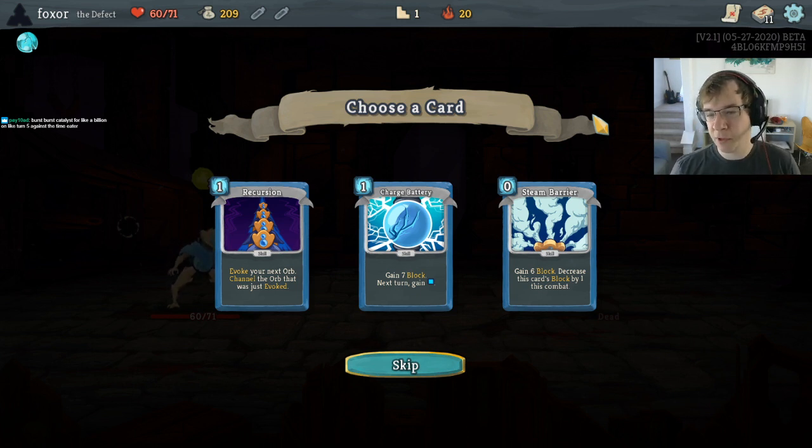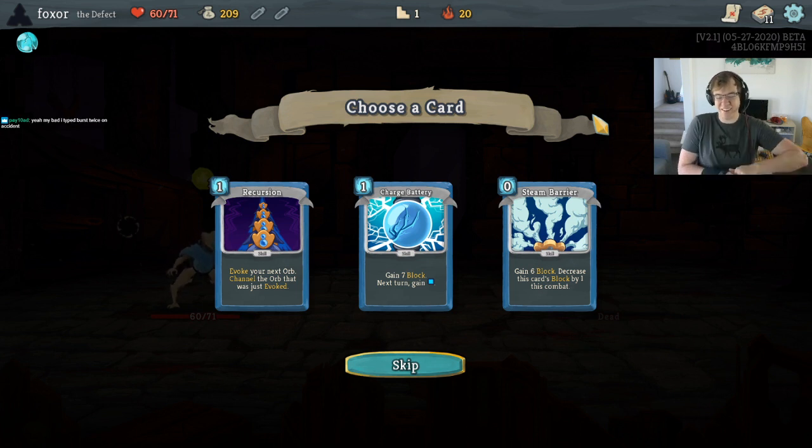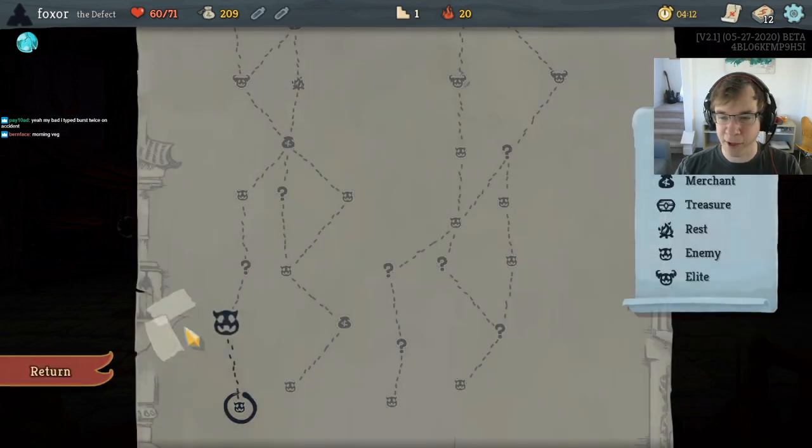Wait, you can't Burst. That's not how Burst works. You would just have Burst on the next many cards. I mean, you can play Burst and then Burst, but you'd build up, let's see, what would you get? The first Burst would give you 2 stacks of Burst, and the second Burst would give you 2 stacks of Burst twice, assuming they're both upgraded. Oh. Okay. Still, you'd end up with 5 stacks of Burst, and that's kind of fun. Yeah, I think Charge Battery. I think it's better than Skip, but...